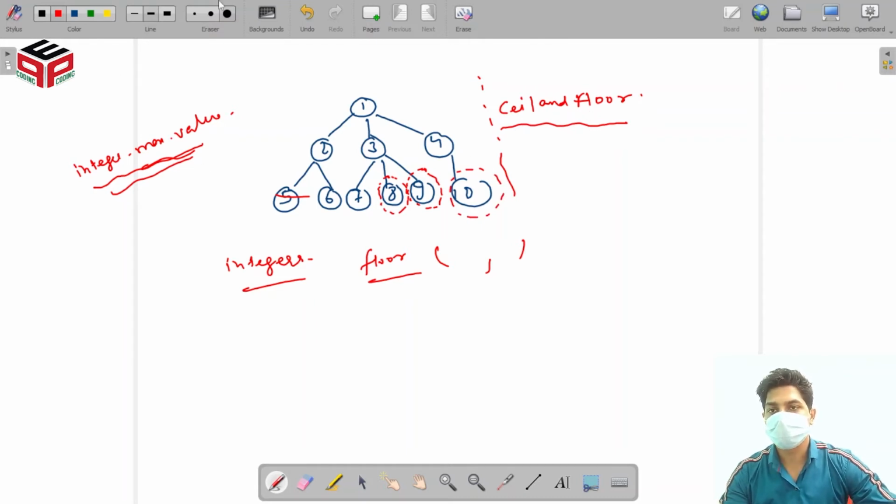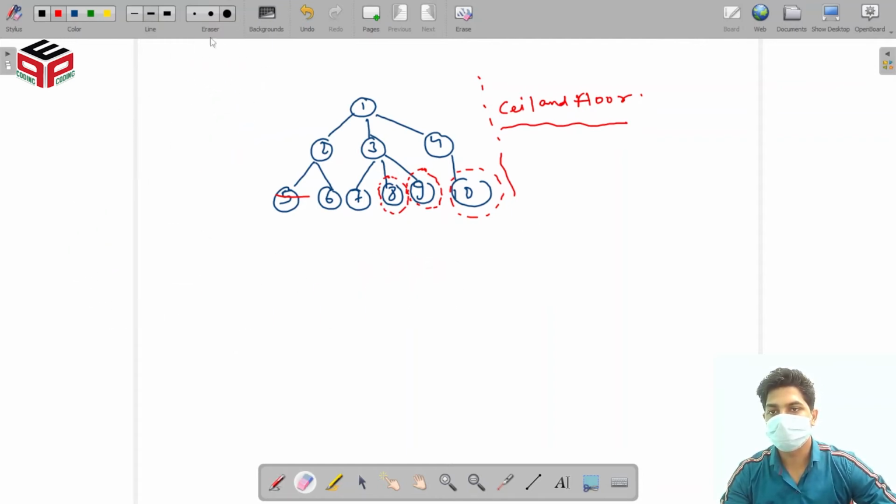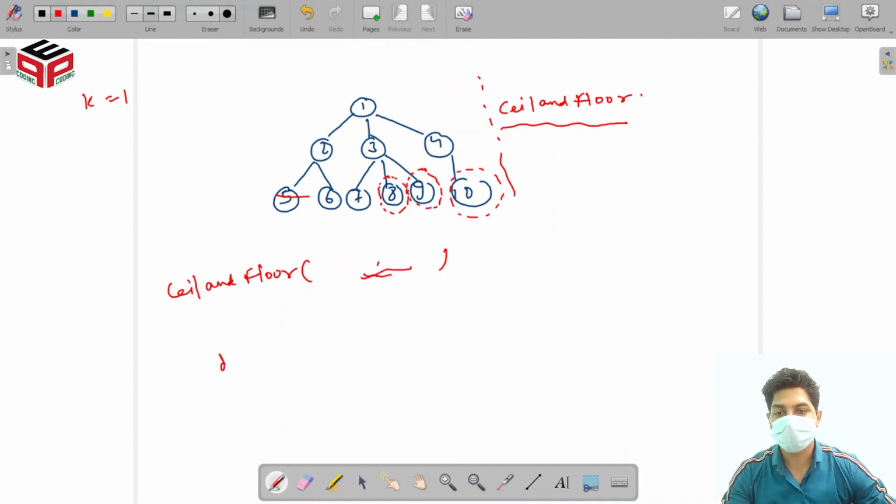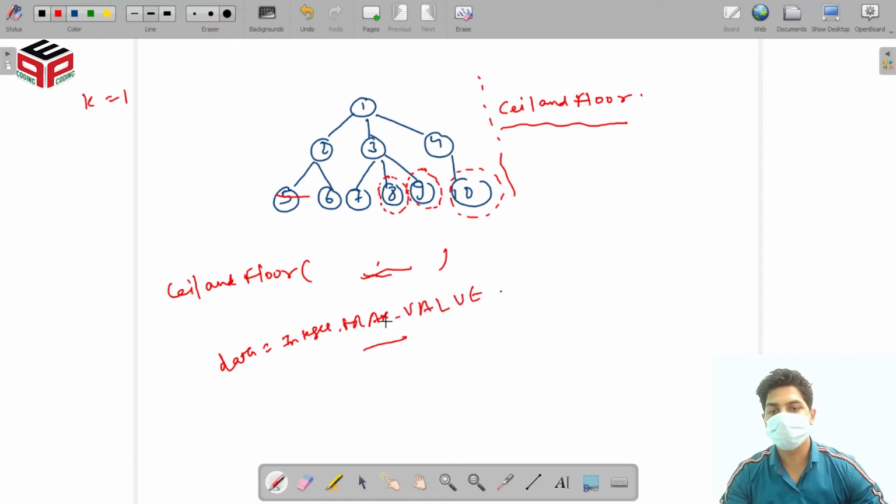So suppose k is equal to 1. In this tree I will call the ceil and floor function, and for the data item I will pass Integer.MAX_VALUE.